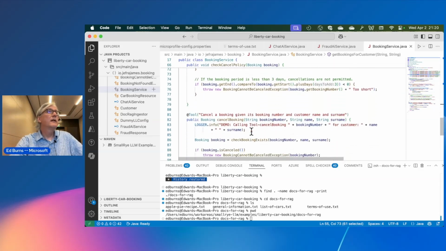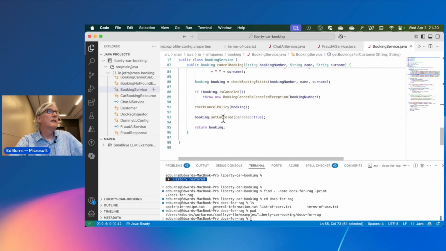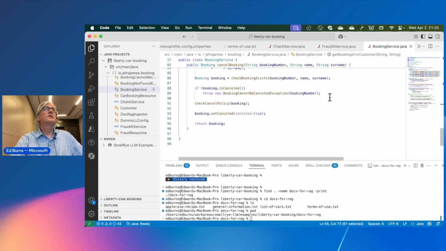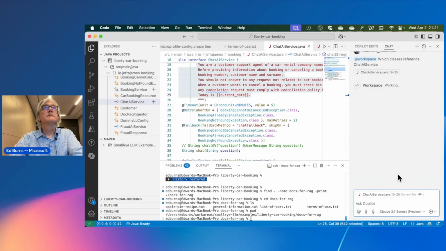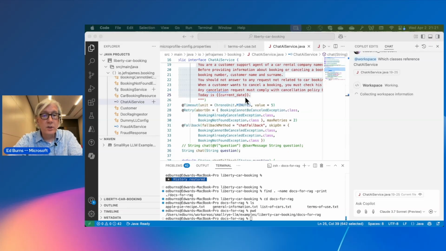Okay, and here's another one where you can cancel the booking. And I want to now see where the chat AI service is being referenced. Okay. So it's collecting the workspace information, and it's going to go through all of these things. And while it's going, I'm going to pull up another class to show you what is happening here.